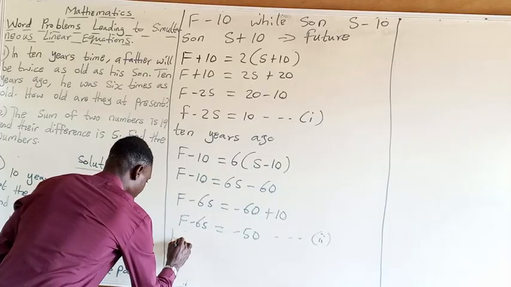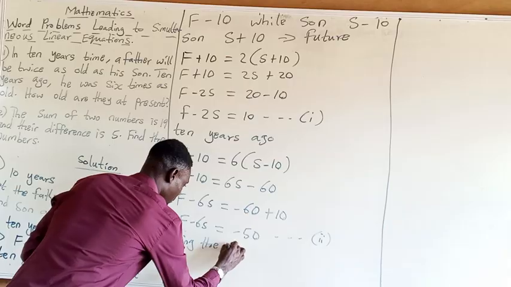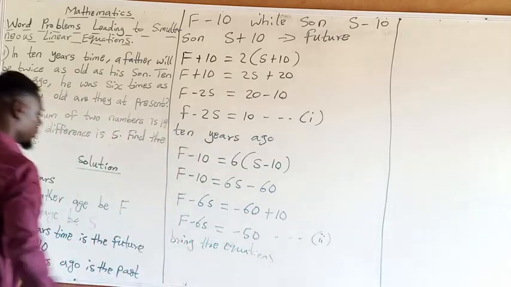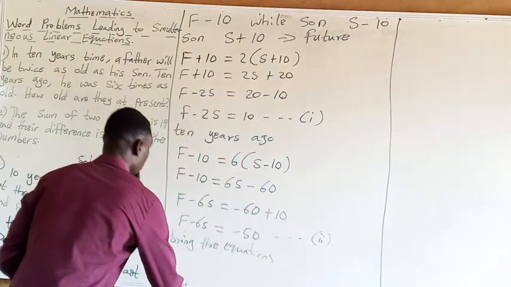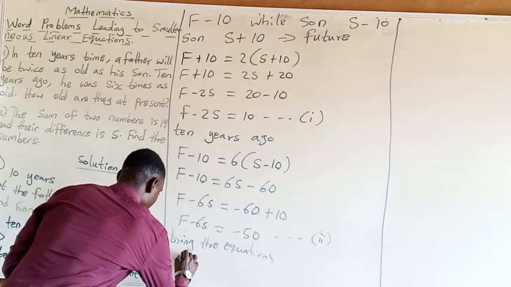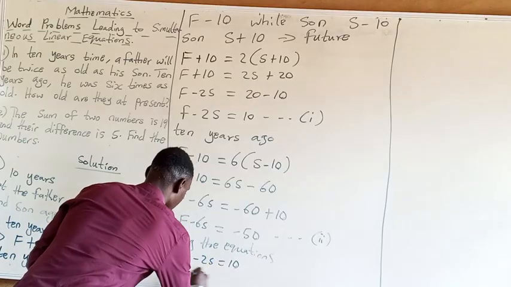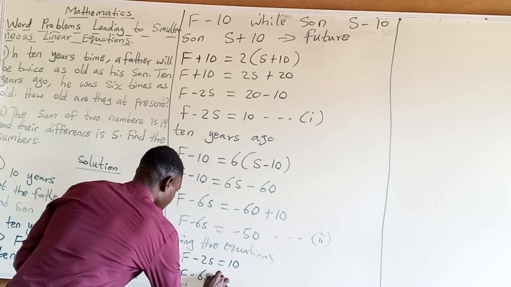Let's bring the equations. Now I want to bring equation 1 and equation 2. Now bringing the equations, we have F minus 2s is equal to 10 and F minus 6s is equal to